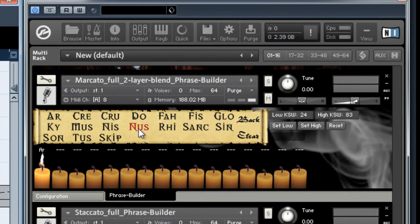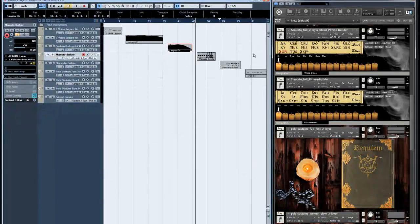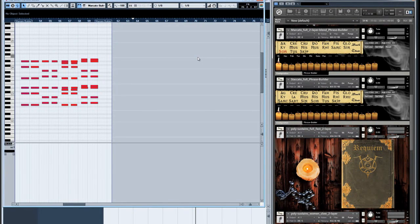And basically you just click on the syllable you want to add in this slot from left to right. And you basically just set up a sequence. And obviously a skip puts in a blank, so when you play a note, you'd hear nothing. So let's hear...